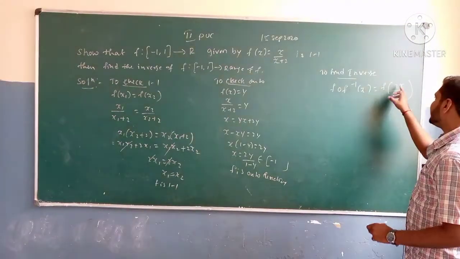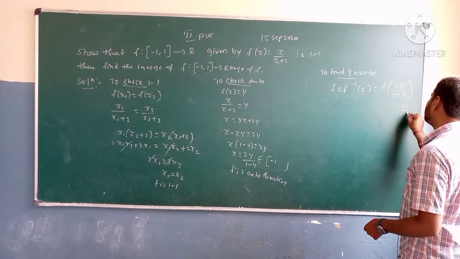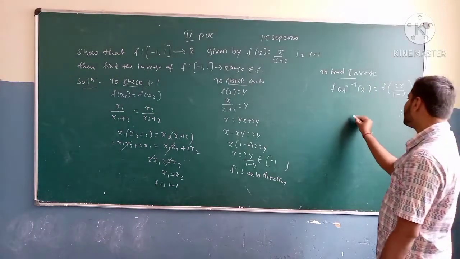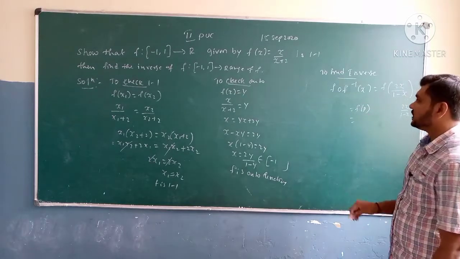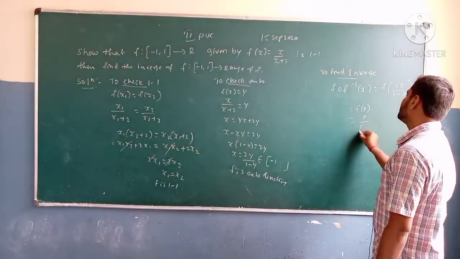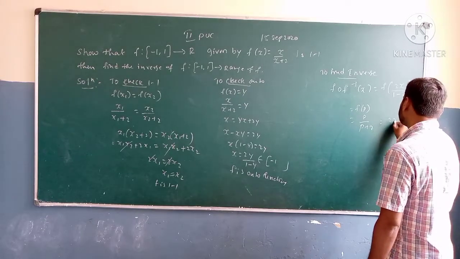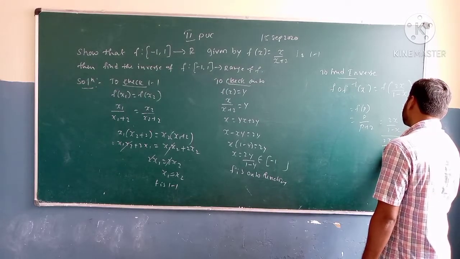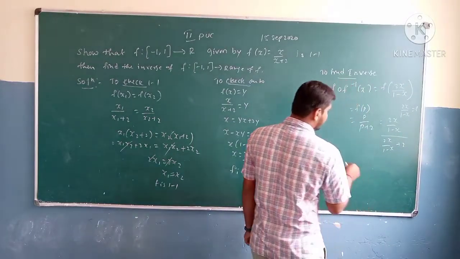So here I am just making a substitution. 2x divided by 1 minus x is going to be p. So that's going to be f of p. We know the value of p, and f of p is going to be p divided by p plus 2. So what is the value of p? 2x divided by 1 minus x, divided by 2x divided by 1 minus x plus 2. And I am going to cancel these things in both the numerator and denominator by taking the LCM.